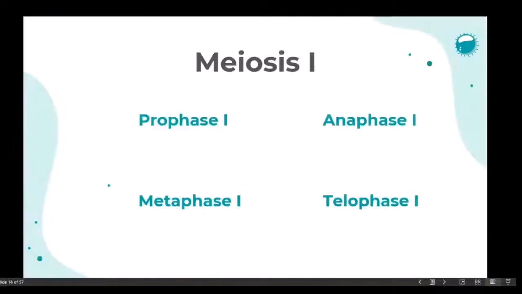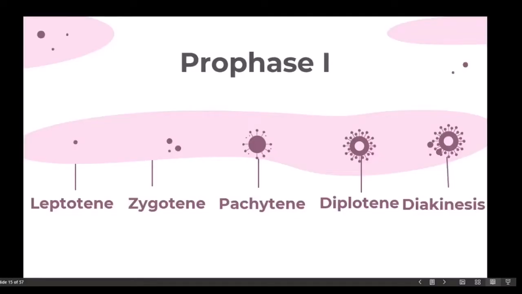Now let us proceed with the discussion of what happens in Meiosis I. Meiosis I again has four phases, which are Prophase I, Metaphase I, Anaphase I, and Telophase I. And these four happen in sequence. Now, Prophase I has five substages, which are the leptotene, zygotene, pachytene, diplotene, and diakinesis, which again happen in